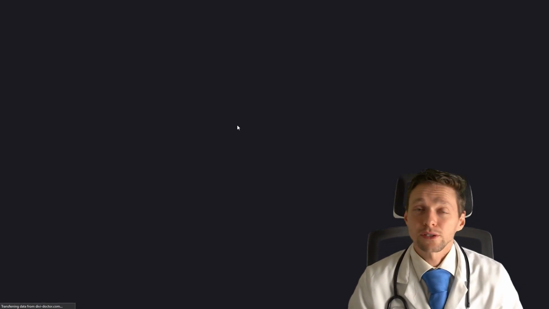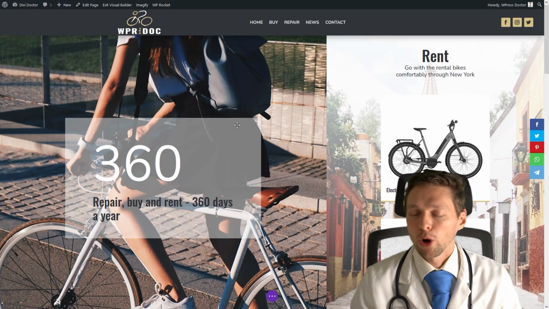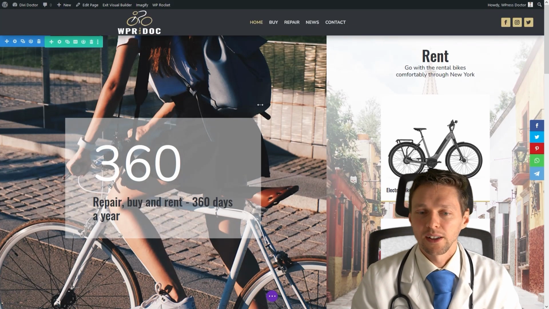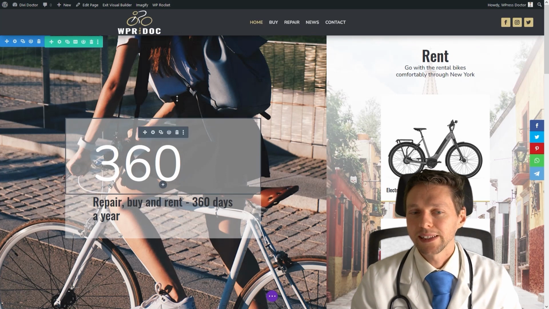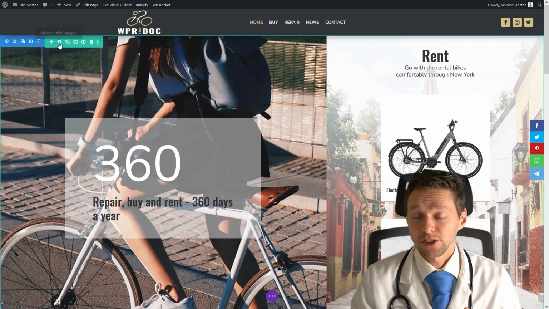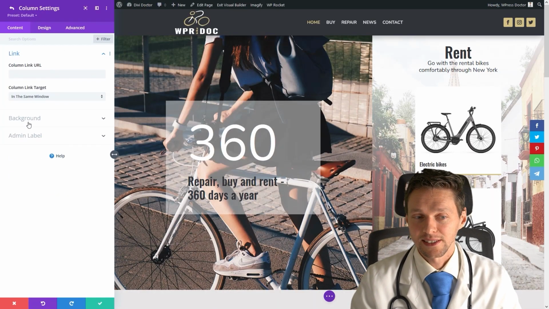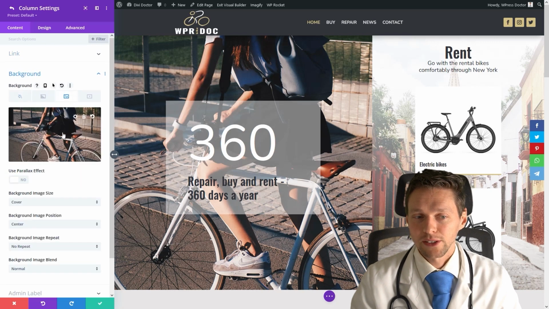If you now edit, in my example, my homepage, for example, you see that on mobile, this image in the background is really making a content shift. How are we going to change that? Well, it's pretty easy. Just go to the settings of the place where this image is in. In my case, it is in this column. And the background is this image.